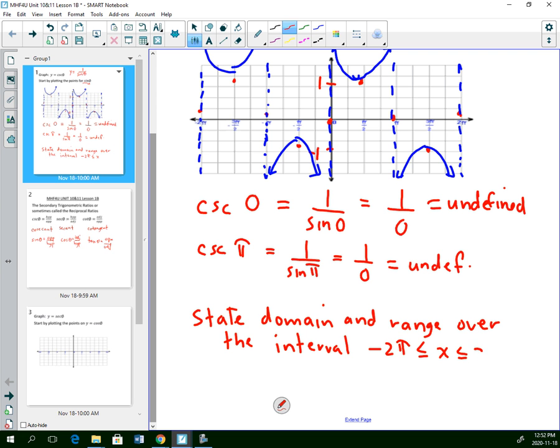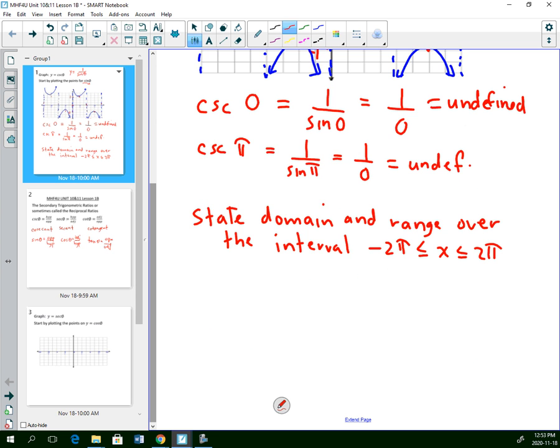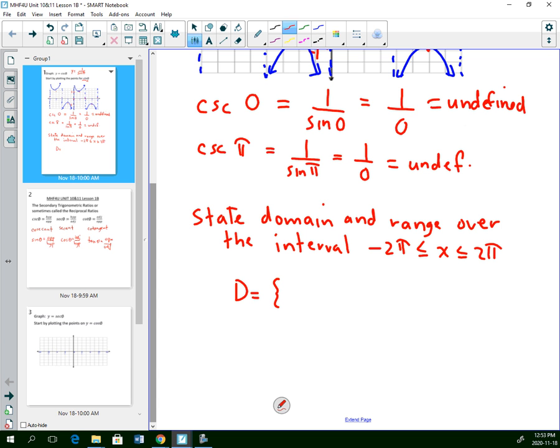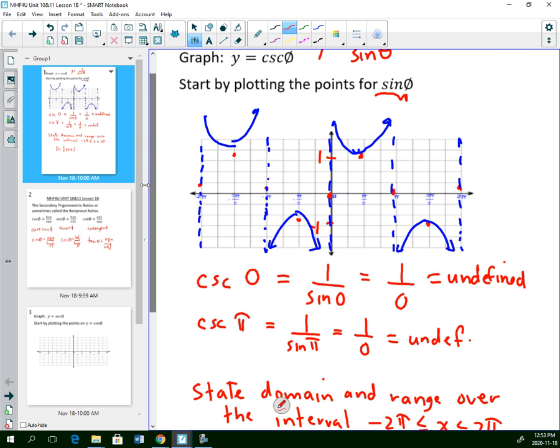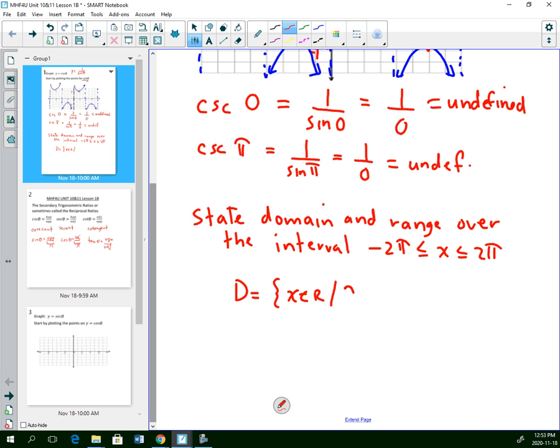We're not going to go on forever. There is a way to write it because it does repeat, but we'll just do it over this range from 2 pi to negative 2 pi. So my domain for x will be any number, but there are points on the graph that are not possible or undefined. So we're going to list those points where x is undefined, and that would be where our vertical asymptotes appear. So we say x can be anything, but it does not equal 0,